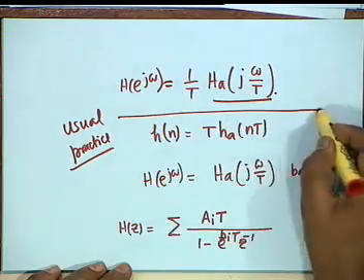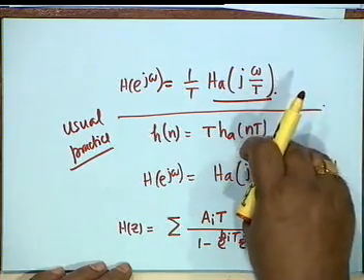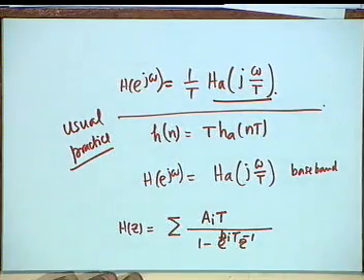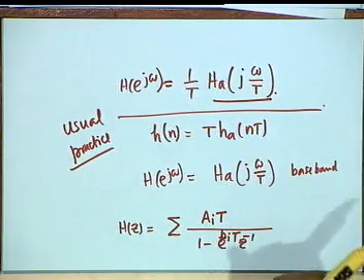This is a step that comes from practical considerations. People wanted to use this in speech processing and found that unless they do this, they always have an overflow problem. So a simple artifice is to multiply the impulse response by capital T. This is a matter of discipline and it has to be done.